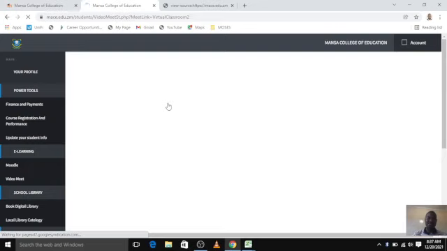interact with your lecturers, interact with your fellow students, you will be able to meet there. Even on your own as a student, you can arrange to meet. So all you need to do is simply arrange and say, okay guys, let's meet at 20 hours and we are meeting in room 5. So when you say you're meeting in room 5, at that particular time, all of you have to go into your portals. You log in, and then you go under e-learning, then you go into video meet, and then